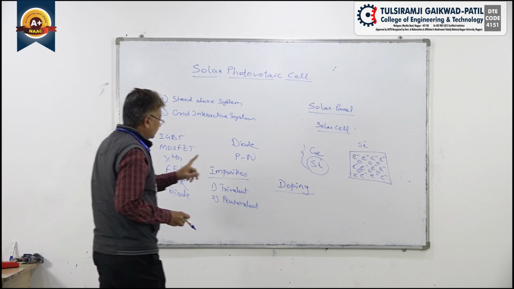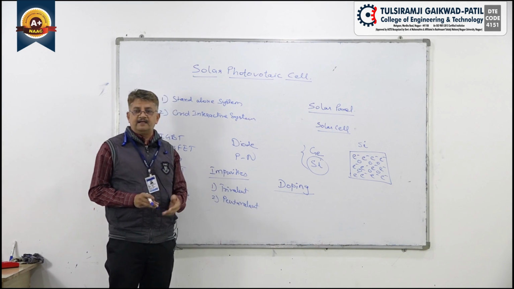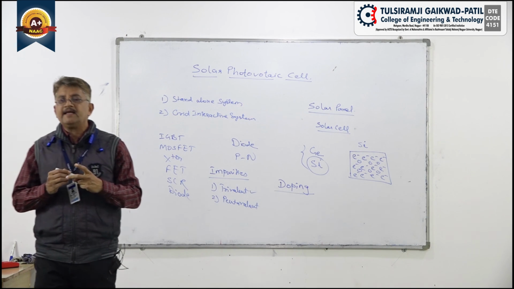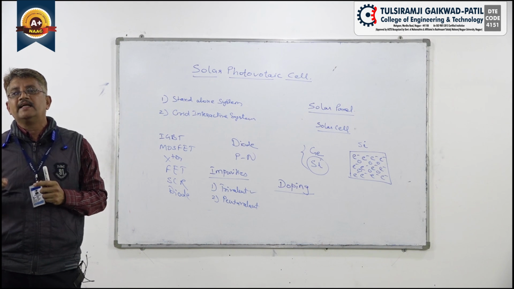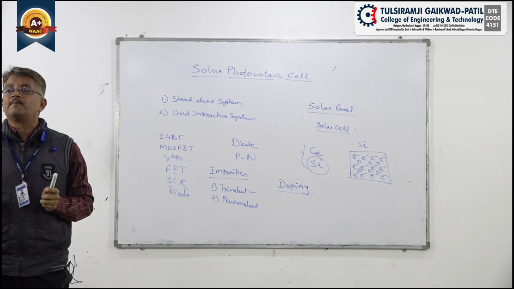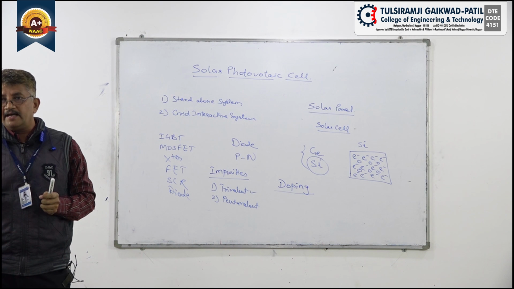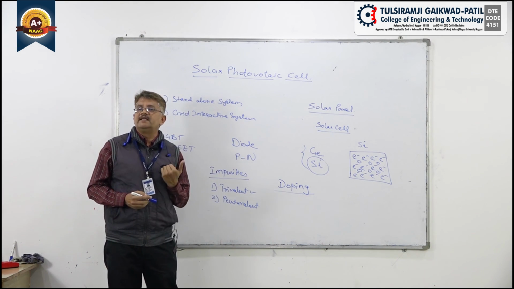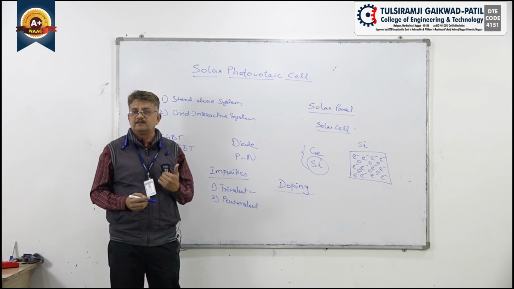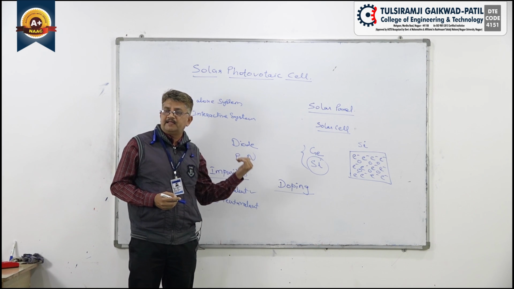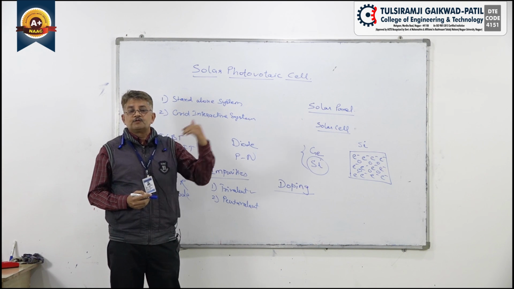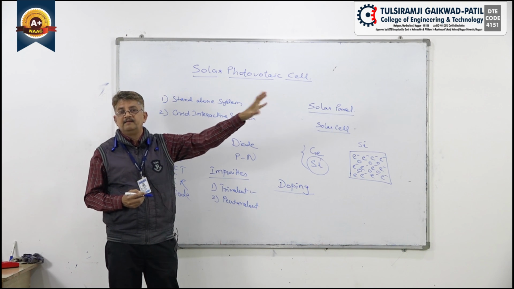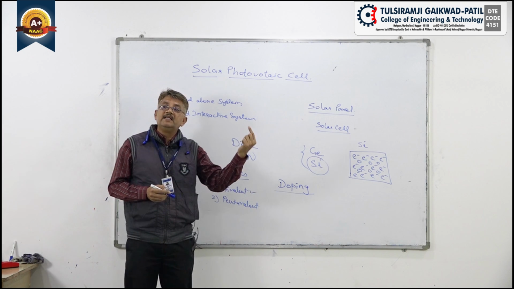So if I add a trivalent impurity into it, a trivalent is having 3 electrons in its outermost shell. So to complete that orbit, it requires 1 electron. That is why, when it takes 1 electron, it is also called an acceptor impurity. So the work of this trivalent material is that it will accept 1 electron. When it accepts 1 electron, it will leave a hole there. If you consider the crystal structure, it will leave a hole there.